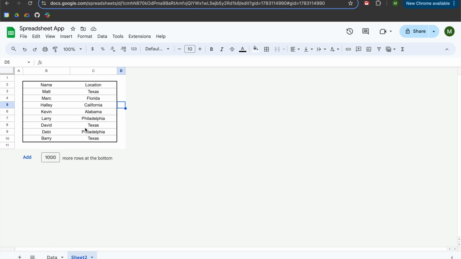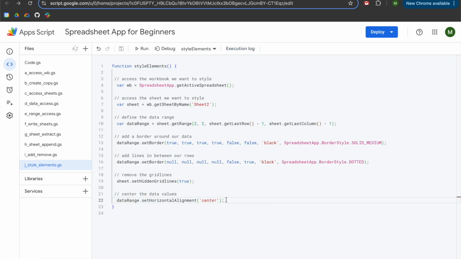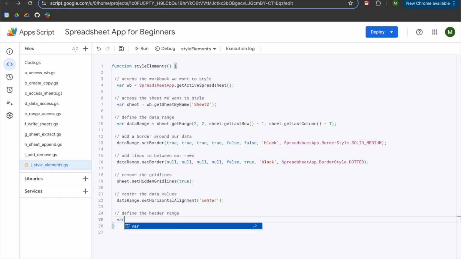So what I would like to do now is work on this header row here, because I want that to stand out more. So I'm going to go back to my app, and I am going to click on line 22, and I'm going to hit enter twice, left arrow once, 2 slashes for a comment, and I am going to define the header range. So I'm going to hit enter and tab, and I'm going to declare a variable called headerRange. I'm going to set that equal to